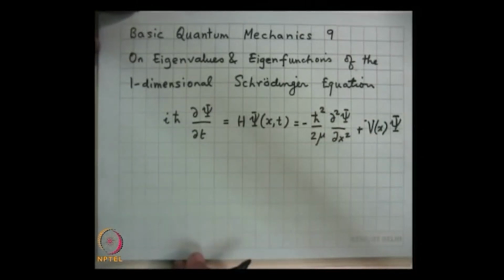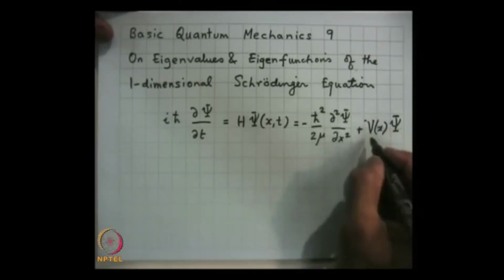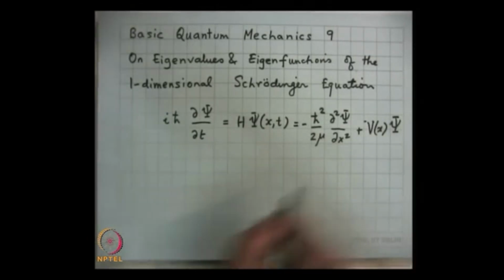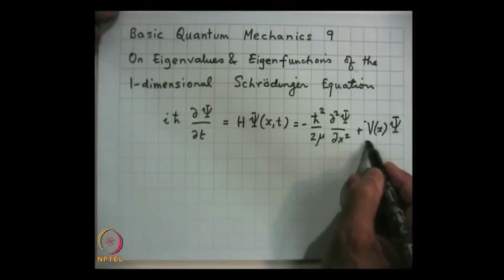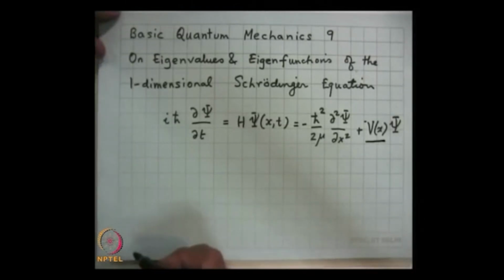This is known as the one-dimensional Schrodinger equation for a particle in a potential energy function V of x. We assume that the potential energy function is independent of time, depends only on the space coordinates,